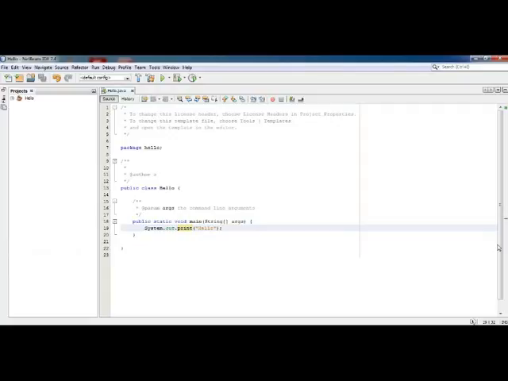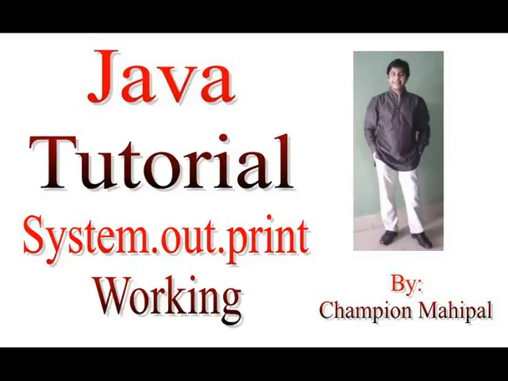It is very simple to use, but programmers should not use this for learning because it is not a good practice. But after you become a good programmer you can use this for creating your large projects. In future lectures I will use Notepad, and if you are using the NetBeans IDE, you can write only the code which is written inside main and run it. Okay, thank you very much.